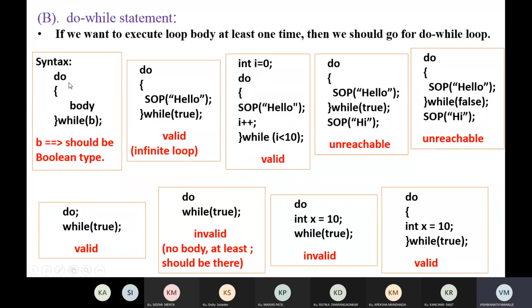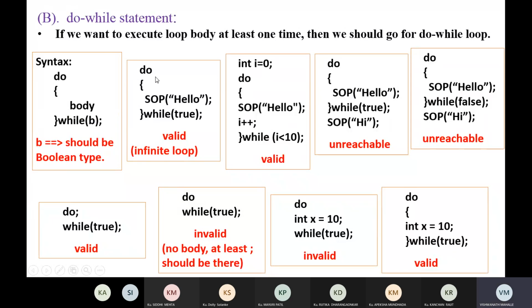Now here is the syntax for do while: do, then the body, and then while, and in brackets we write the condition. Now this should be a boolean type, or a relational expression that returns a boolean value.